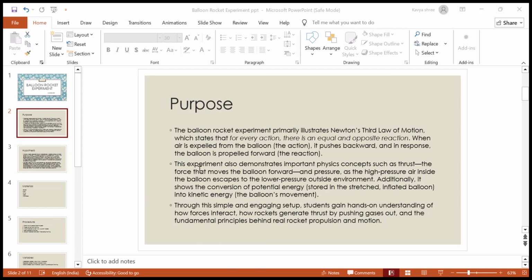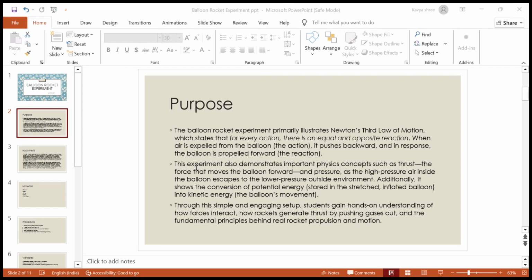The core purpose is to illustrate Newton's third law of motion, which is that for every action there's an equal and opposite reaction. This is seen as air is expelled from the balloon, which is the action, propelling the balloon forward, which is the reaction. It demonstrates key physics